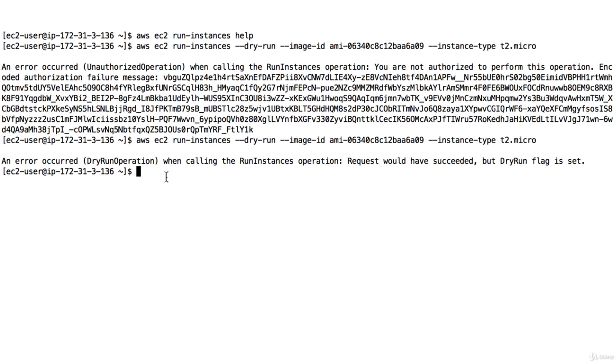And so that's good. This is how we test our API calls for some API calls that support the dry run flag. As you can see, if they're denied, we get the unauthorized operation. If they're allowed, we get the dry run operation. But in no cases was this new instance being run. So that's helpful. This is all for this lecture. In the next lecture, we are going to try to understand what this error message means. So see you in the next lecture.